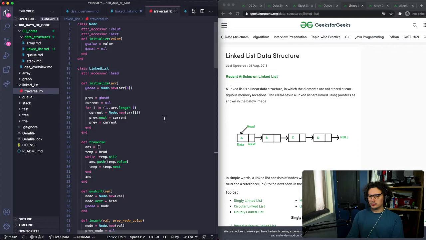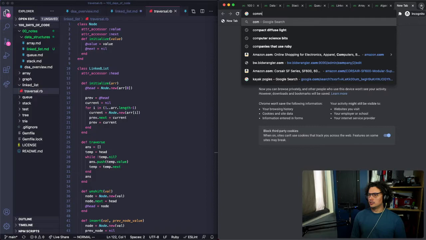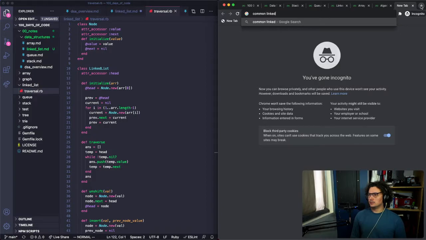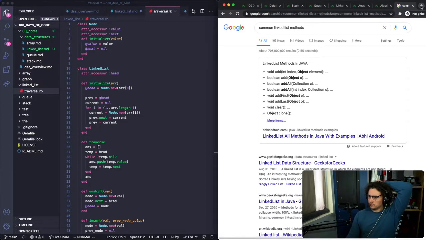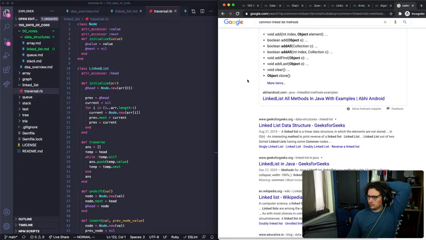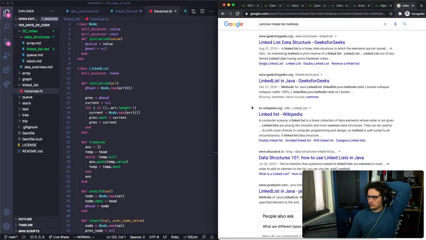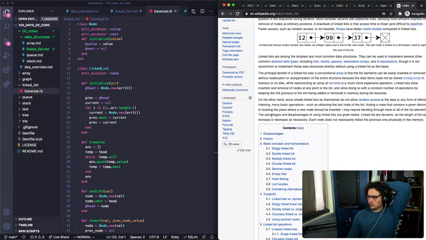Traverse. Not sure how common that is. Common linked list methods. Seems to be the agreed upon. Oh, there's singly linked and doubly linked and multiply linked. Oh gosh.